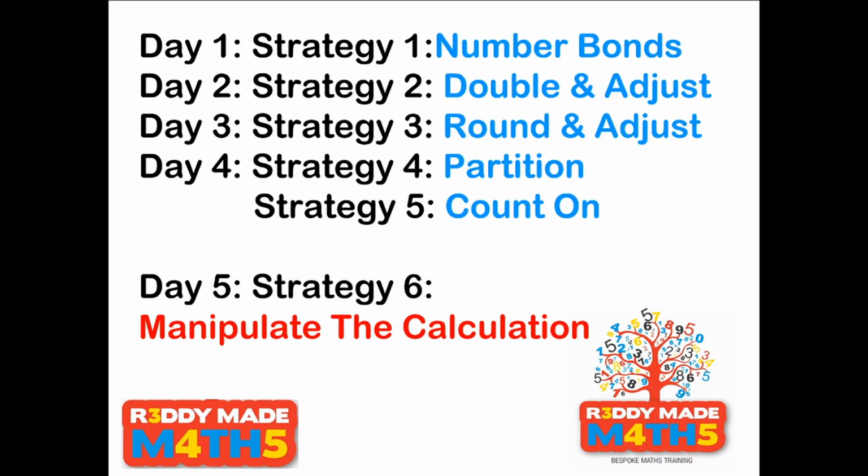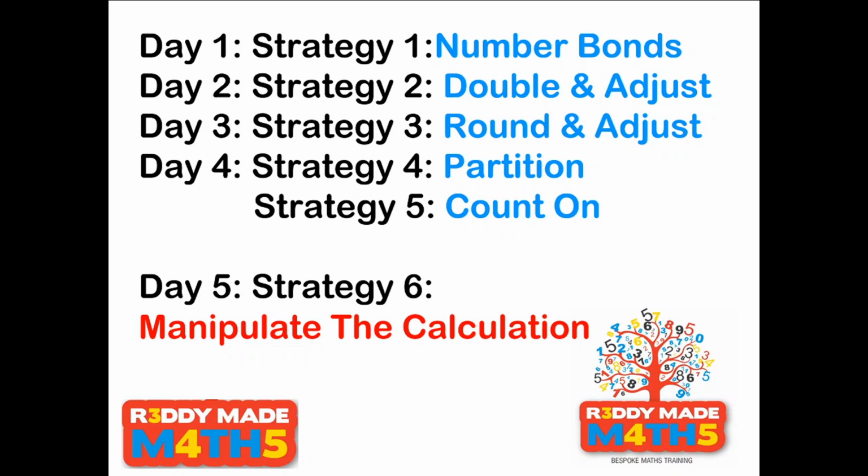As we mentioned at the end of yesterday, we've now learned 5 of the main strategies for mental calculation. We looked at number bonds on day 1, double and adjust on day 2, round and adjust day 3, and partitioning and counting on day 4. We're going to put all those together today and have a really good fun time playing with numbers and